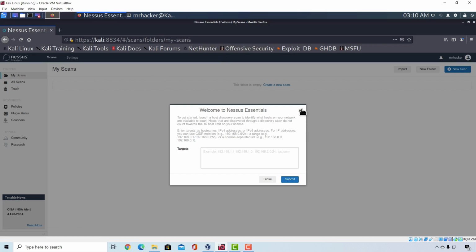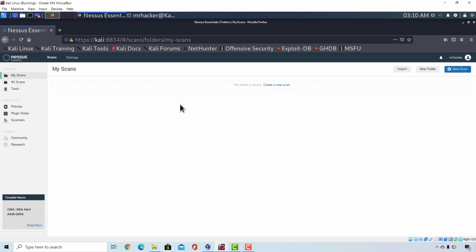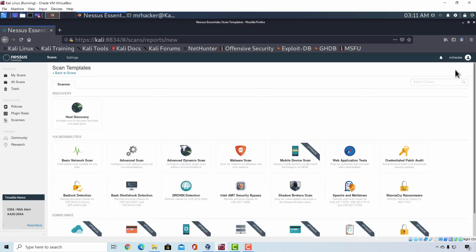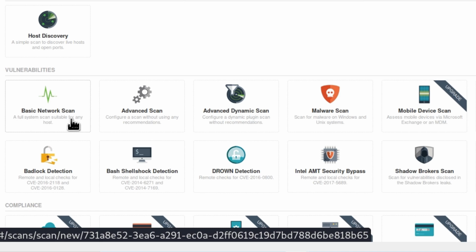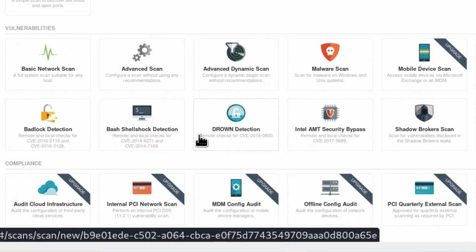So we can click right here on this X button just to see this page better. And all we want to do from here is go to the New Scan button. Right here, we will see all of the available options for our scans. So we've got Basic Network Scan, which, as it says, is a full system scan suitable for any host. We've got the Advanced Scan, which lets you configure a scan without using any recommendations, and a bunch of other